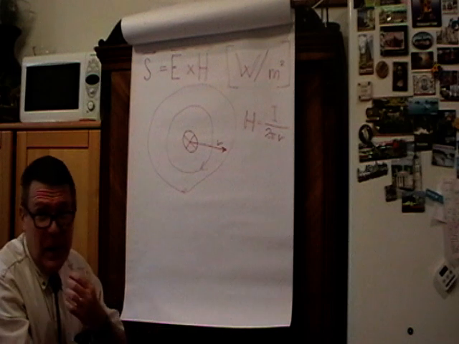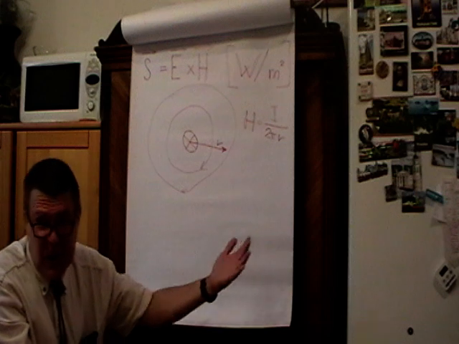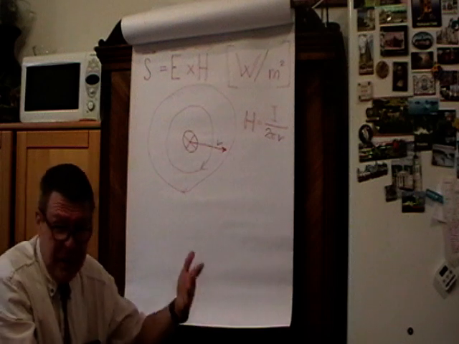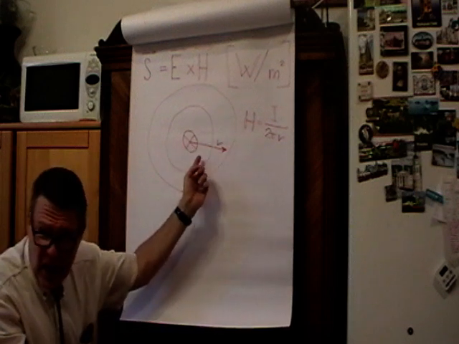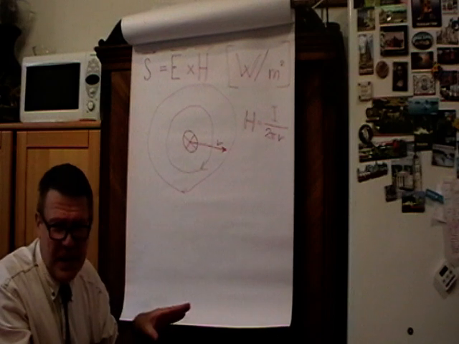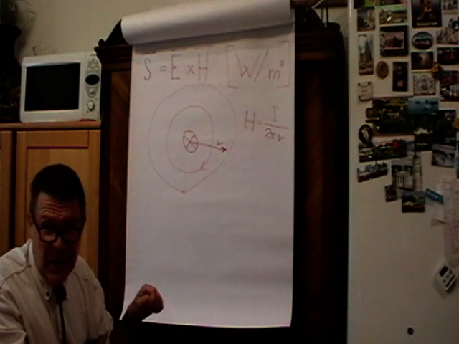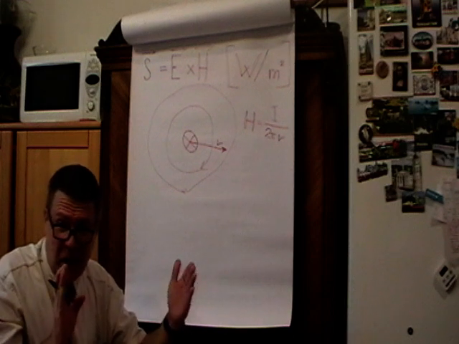Because if we try to transmit power from the source to the load, we need both voltage and current. So there must be voltage. It's due to a charge sitting on that conductor, and as you remember, for a straight conductor charged by tau per meter,